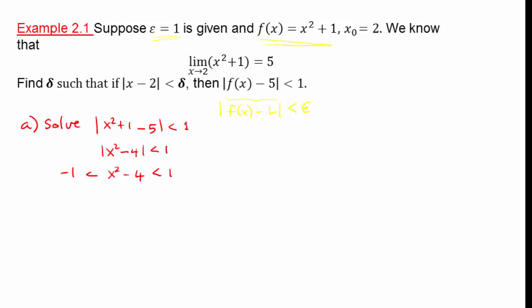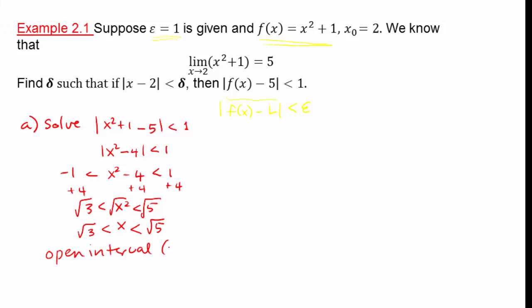Okay, and now we add 4 all throughout. And what we get is that x squared is between 3 and 5. Now if we take the square root of everything, it still maintains the same order of the inequality. So x is now between square root of 3 and square root of 5. So from step 1, we were able to obtain an open interval from square root of 3 to square root of 5